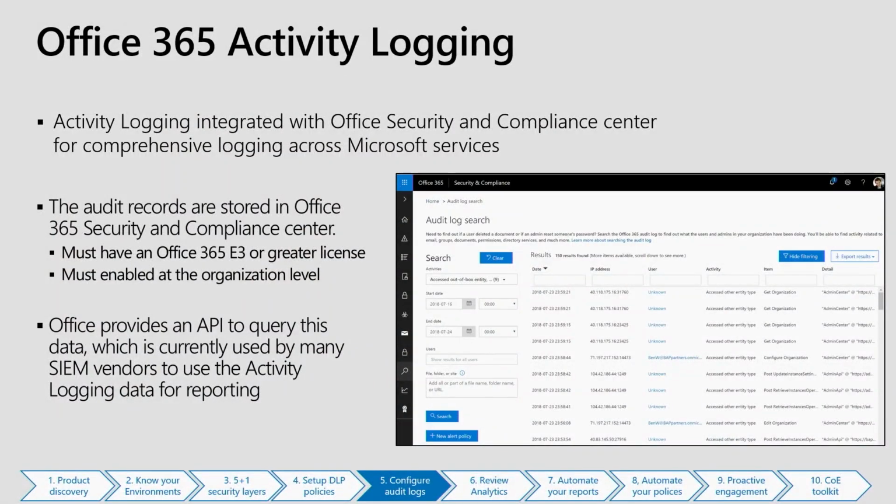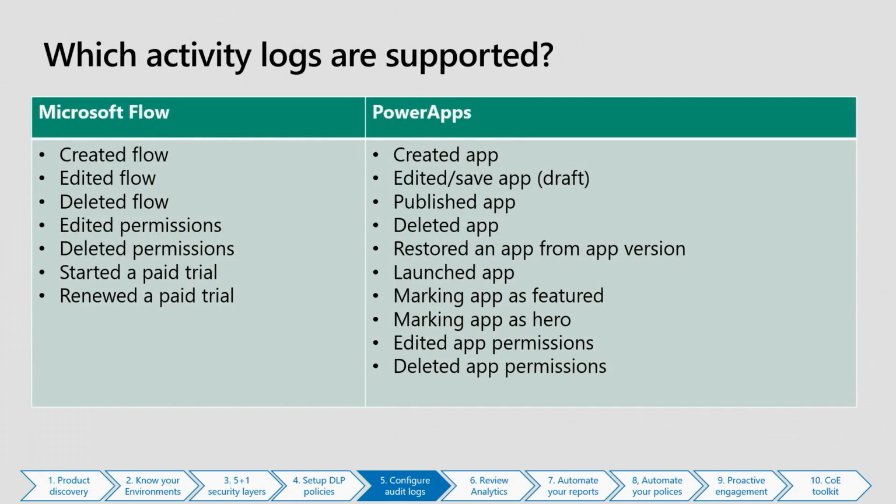And you can go to protection.office.com, which is the actual Office 365 Security and Compliance Center, and they provide an experience for querying those logs that we emit there, as well as all the other logs for the other Office 365 products. But what's also really awesome is they also have a REST API for querying that data. It's really built on top of an Exchange API, and there are even some Flow templates around how you can call that today, like a new flow created and an edit flow created. They're actually built on top of some of the activity logs that we create. So it's a really extensible option as well.